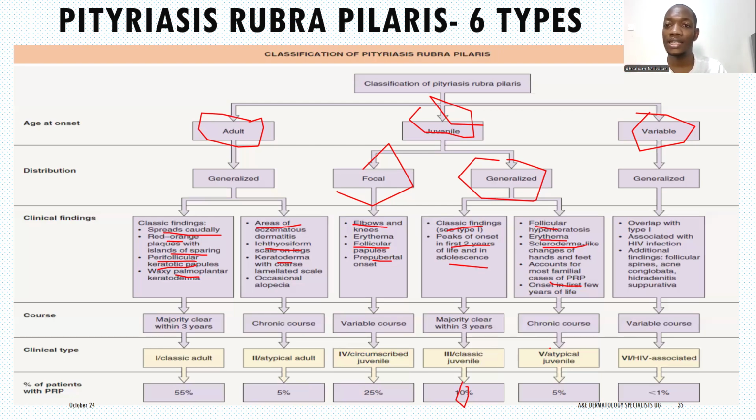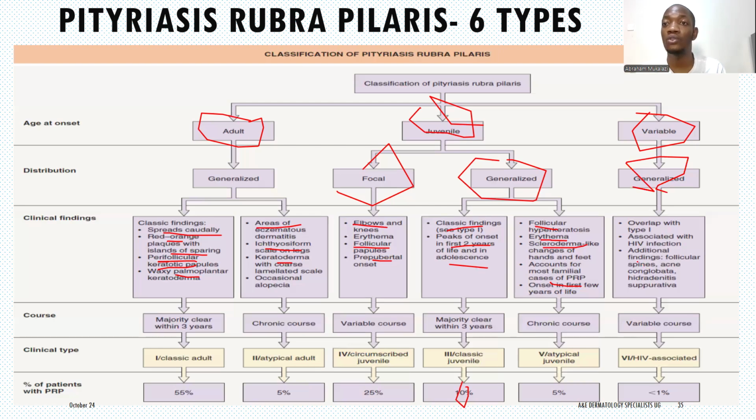A chronic recurrent course has been reported. Then we go to the last one, which is variable, and in this case most of the time it is also generalized. This one has an overlap with type 1, and the only difference here is that it is associated with HIV infection. So if you're suspecting PRP, adult onset or juvenile onset, in a patient that is living with HIV, then this is the type that you can think about. It's a little bit rare, contributing to only 1% of the cases of PRP, and still in